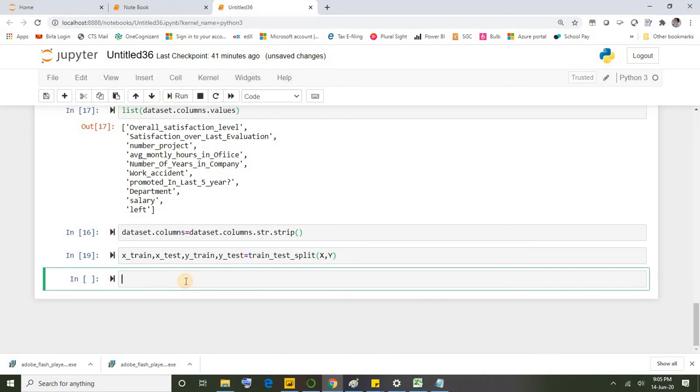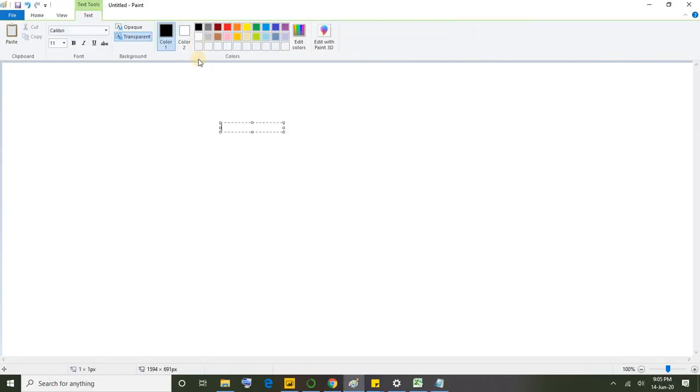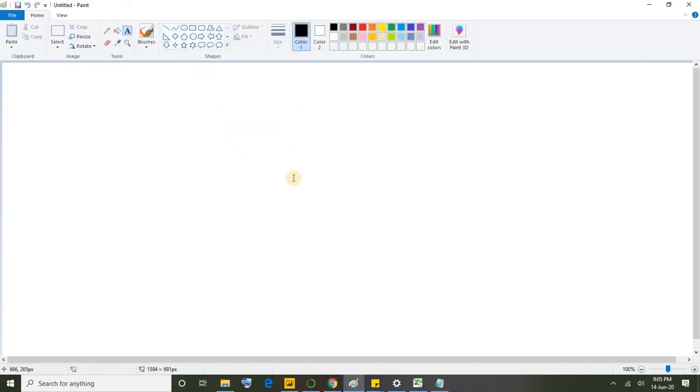Now the next step is we need to call our algorithm, that is decision tree algorithm. Okay, how does the decision tree algorithm work? Let me show you guys. A decision tree algorithm builds the classification model in the form of tree structure. Let me show you how it will be. Tree structure means it will split our data set into multiple nodes. The initial node is root node, and root node will be split into different nodes.